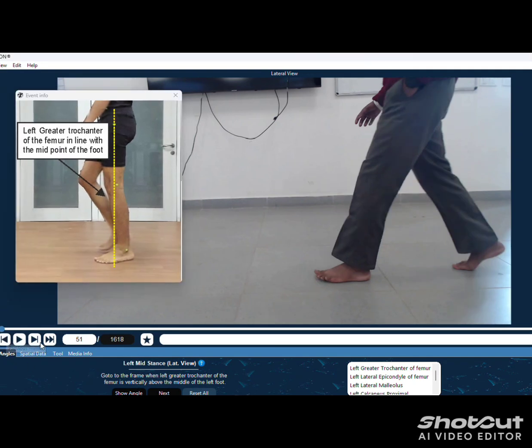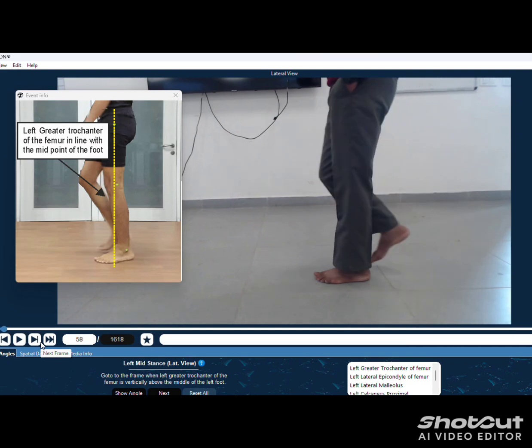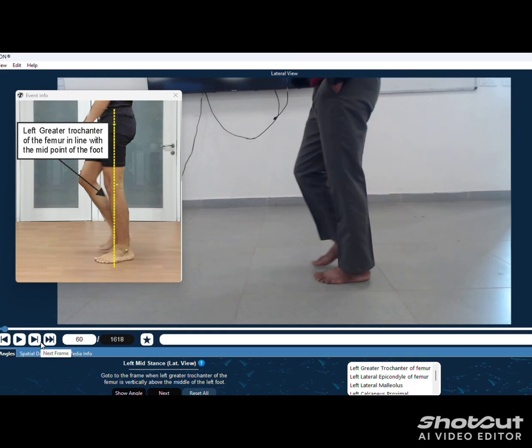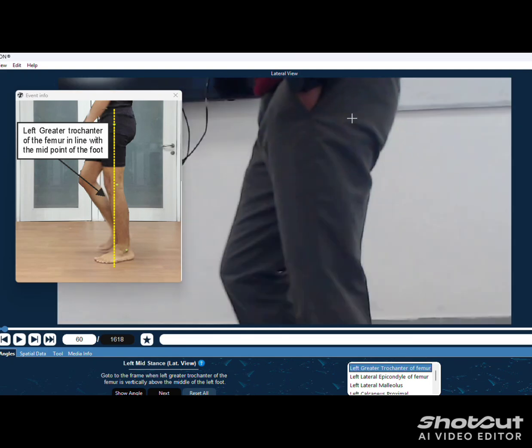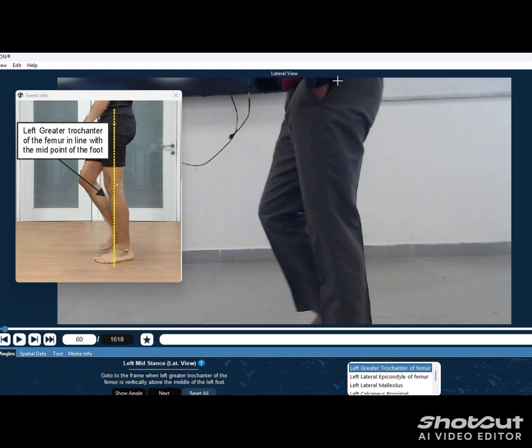See left greater trochanter of the femur in line with the midpoint of the foot. Now place the pointer.